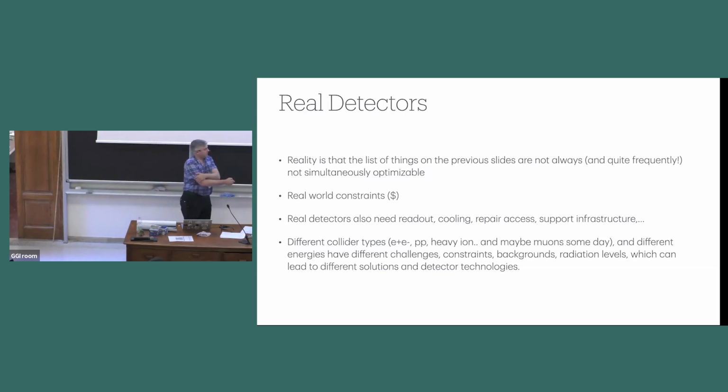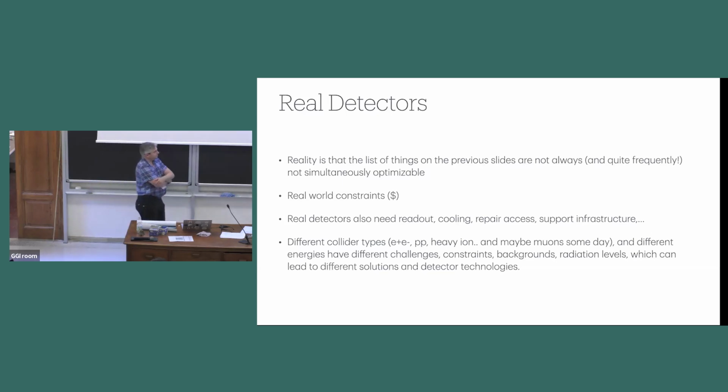And of course, real detectors have different needs, like readout. You have electronic readout, so there have to be cables associated with that. You have to cool some of the electronics and some of the detectors. You have to have support infrastructure. The detector can't just float in space, right? You have to have something which is going to hold it up. You have to have some scheme to be able to access it. Otherwise, it's like sending it into space, and you won't be able to make any changes to it if something